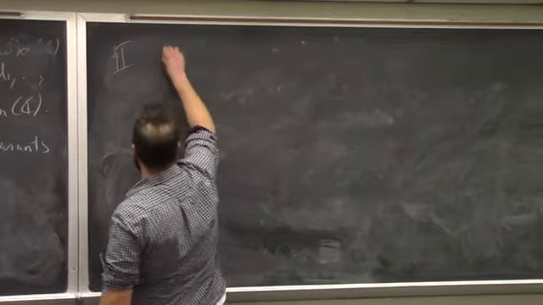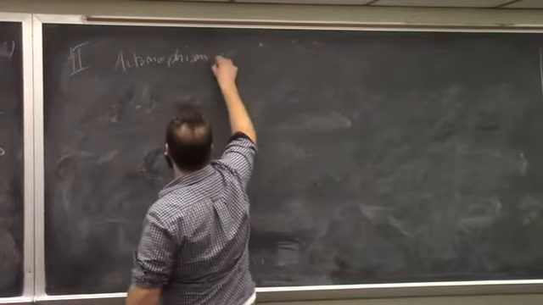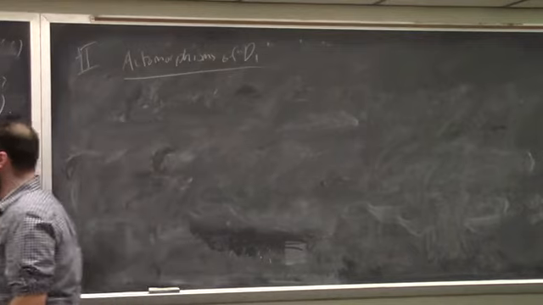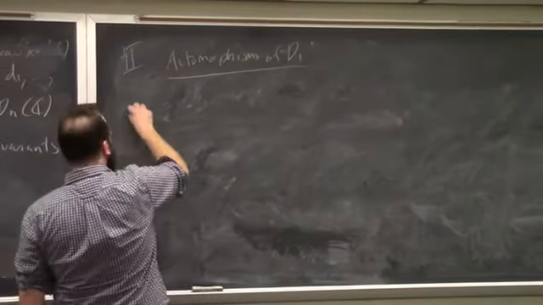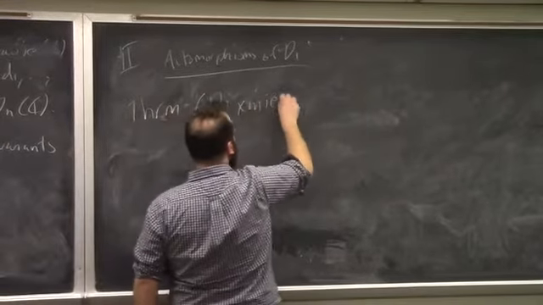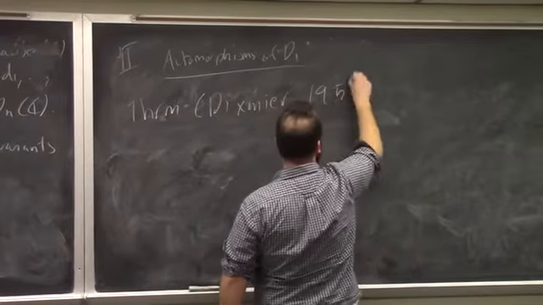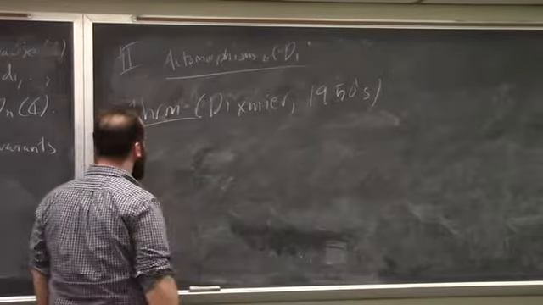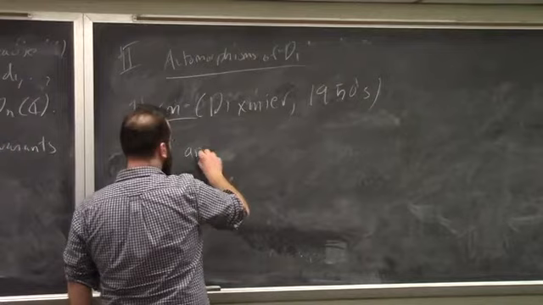So all right, let me tell you now about automorphisms. So the first thing that suggests a way to fulfill this want is an old theorem of Dixmier from the 1950s, I want to say. Late 50s. And the theorem says this. There exists an isomorphism,